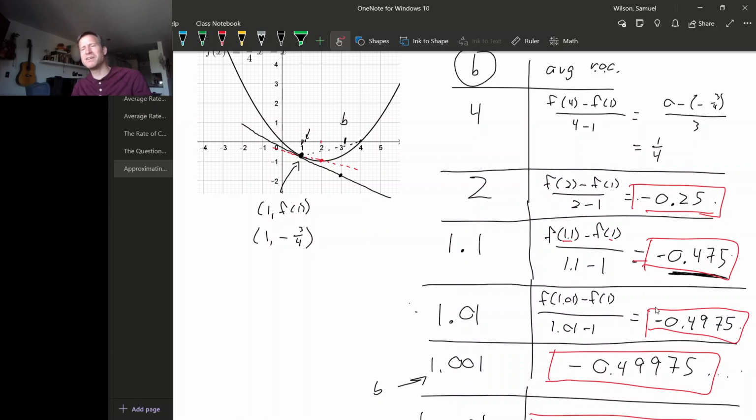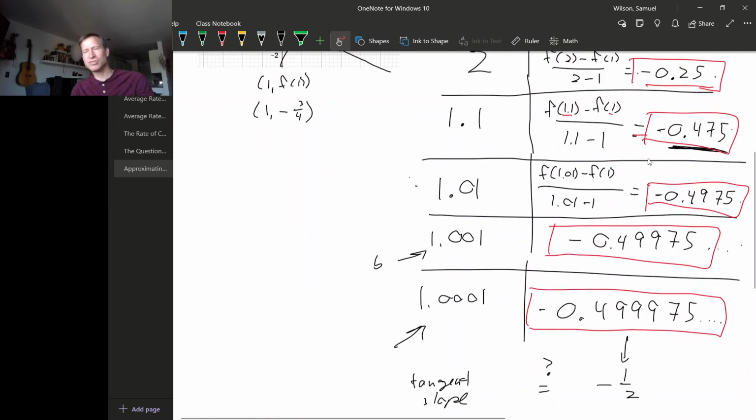So that makes me believe that this process that we used to guess this tangent slope, that this is an effective process. So it does work, but there are two problems with this. First of all, it's not very mechanical, right? We had to use a lot of guesswork to make this work out, so there's really no way we could, say, program a machine to do this for us, so it's not a mechanical process. The second problem with this is, for this particular example, it was kind of clear that these numbers were heading towards minus 1/2, right? We're just getting closer and closer to minus 1/2,